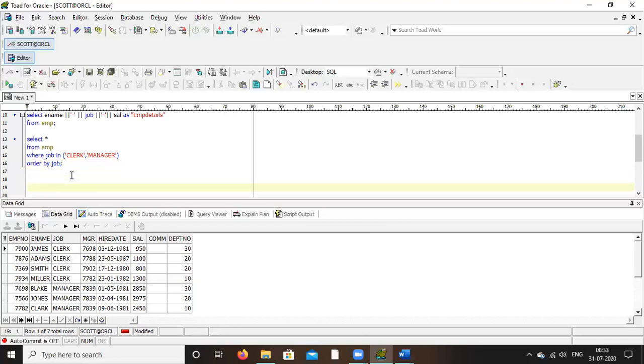And just write select star from EMP where job equal to manager.